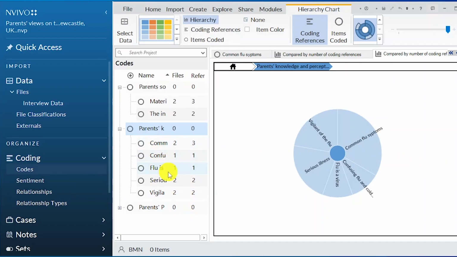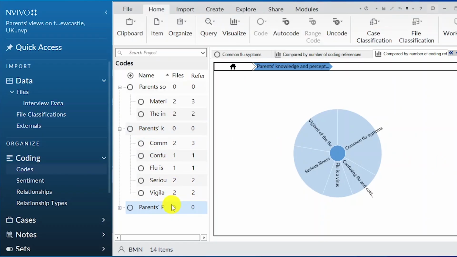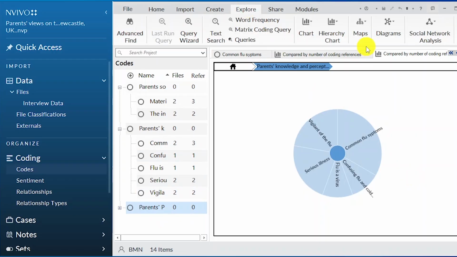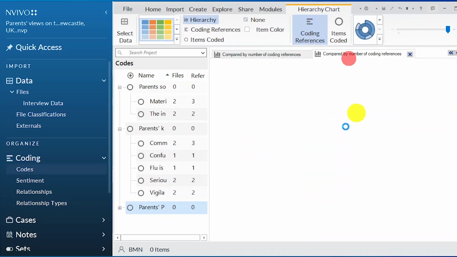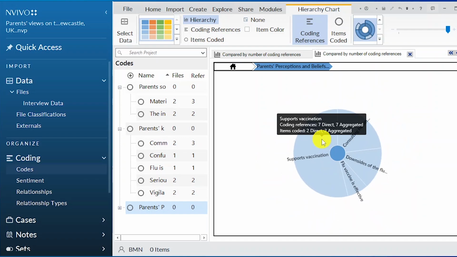Again, we can export a hierarchy chart for our final theme, which would involve going to explore button, hierarchy chart of codes, and click on this area. So this is how we create hierarchy charts, which is one of the most effective ways of